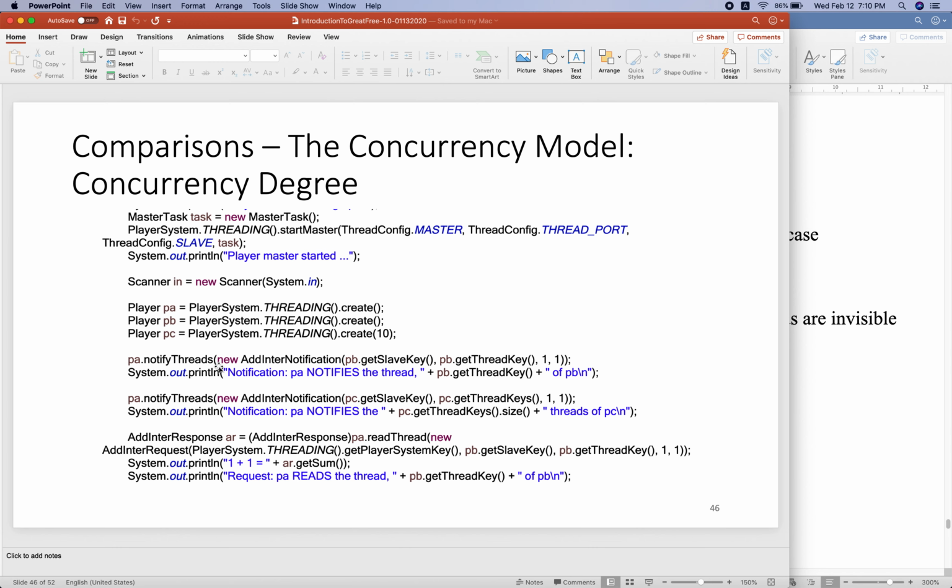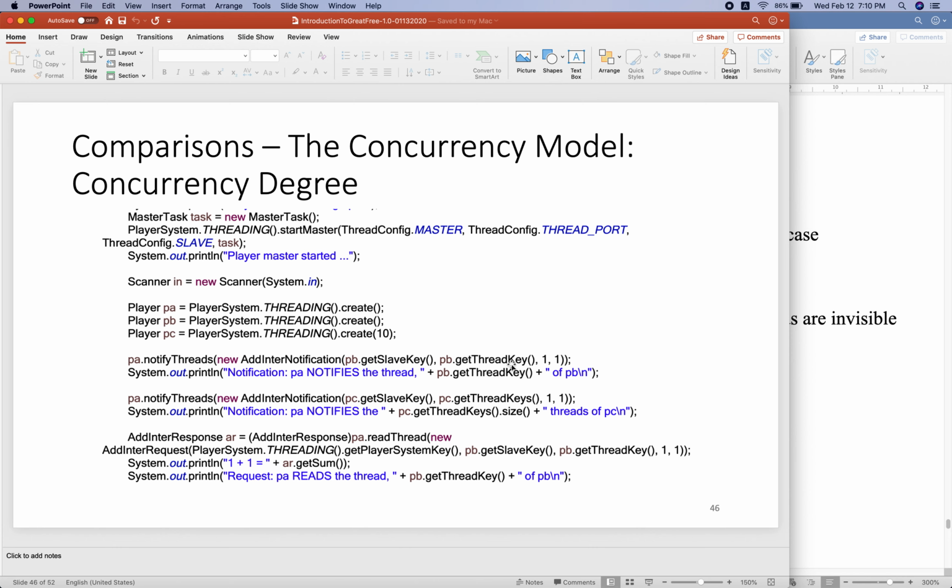So using this API to notify threads, this message is sent from this client to another node, called slave K. On the server of slave K, there is a thread.